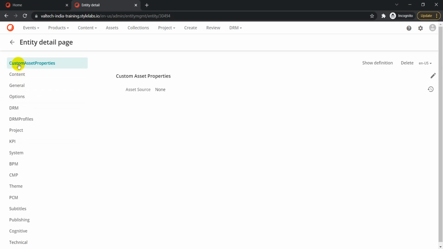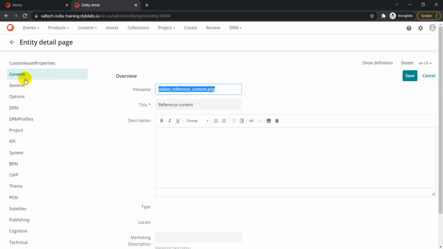The different set of fields we created on the m.asset schema, we can see all those fields here also. This is specific to the entity which we selected in our previous step. Here, the custom asset property section which we created, we can click on edit and make some changes as and when required. We can again click on content, make some changes there, and go from there. That is one way we can view our entity and make changes. That is an administrator view, I would say.